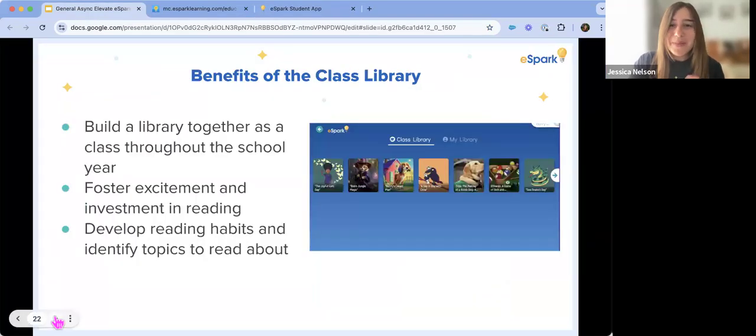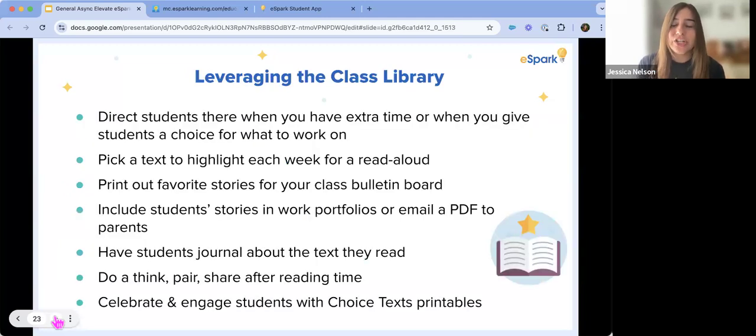Now, a couple of benefits of the class library. Again, this is a really great way to foster excitement and investment in reading. It's also a great way to develop reading habits, and students can continue to identify topics that they are excited to read about. So, with those benefits in mind, I would love to share some suggestions for how you can leverage the class